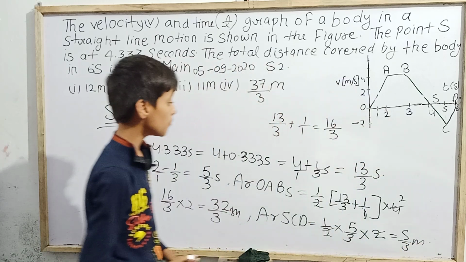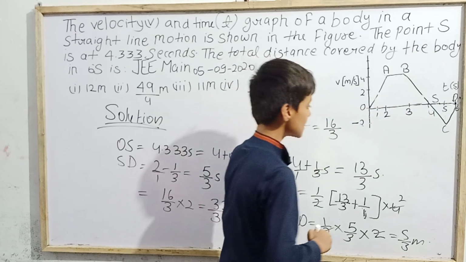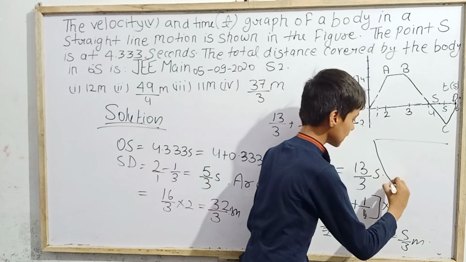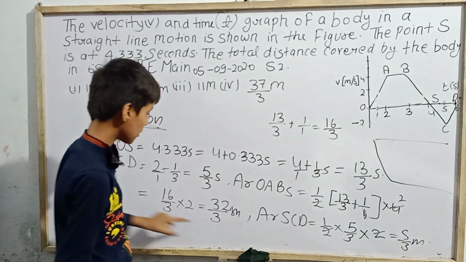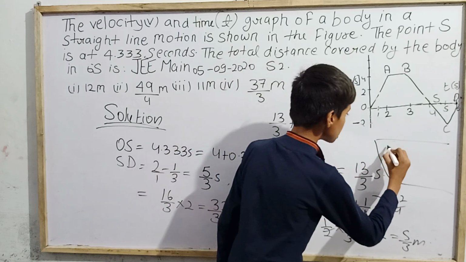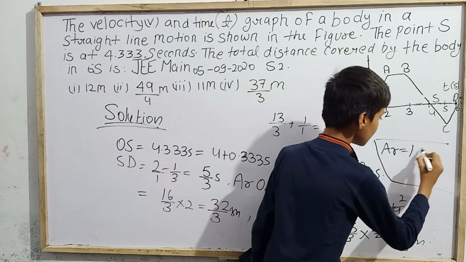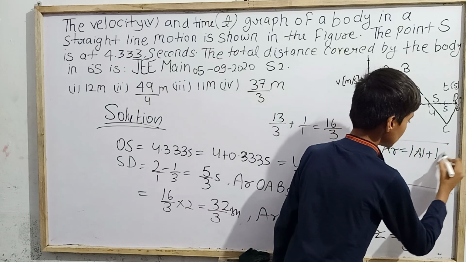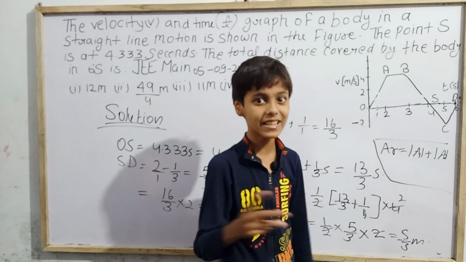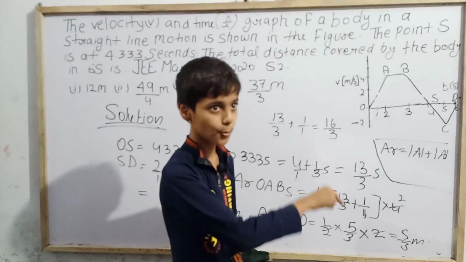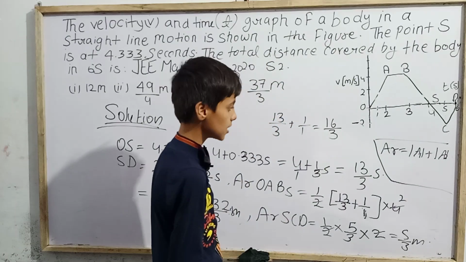Now finally this area we got and this area we got. Now inside we can solve it. Final answer we can bring out. First of all, what area we had found? That was 32 by 3. So here we can write, total area is equal to mod of area of first plus mod of area of second. Its magnitude, so that if it is negative, it will become positive, because distance is positive.